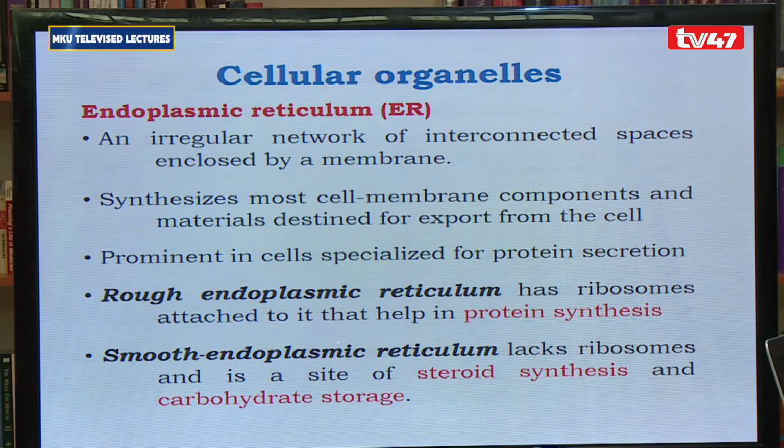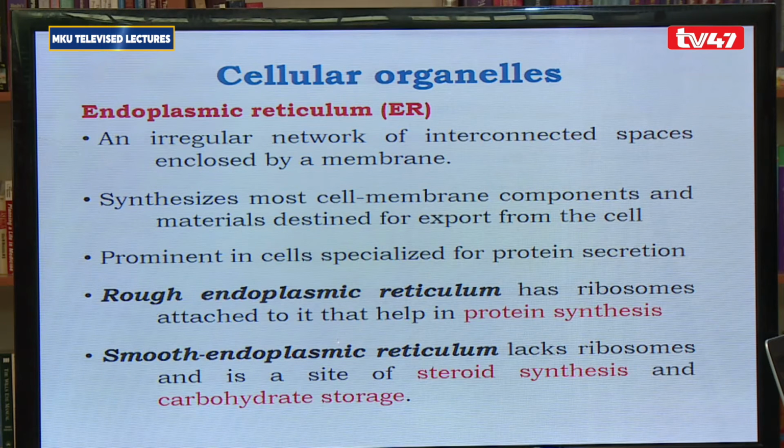You find that cells which are prominent in secretion, producing substances, like a cell that would be producing a hormone, for example, or producing enzymes externally, or extracellular enzymes, would have a prominent endoplasmic reticulum so that it could channel those substances out of the cell as quickly as possible. So we have two types of endoplasmic reticulum, rough endoplasmic reticulum